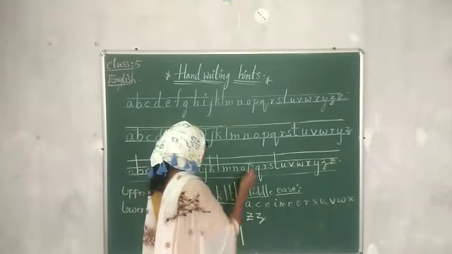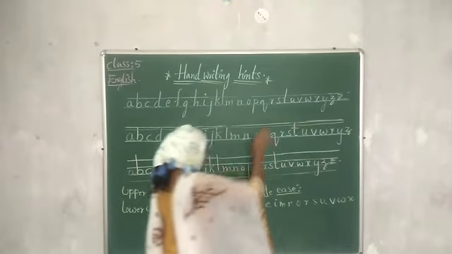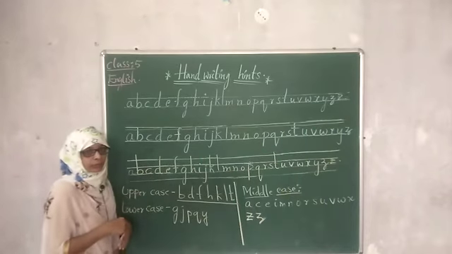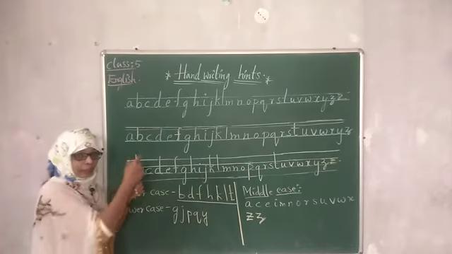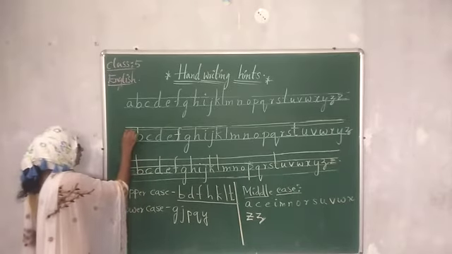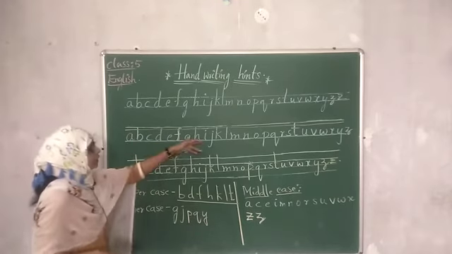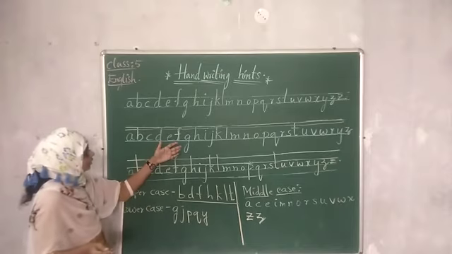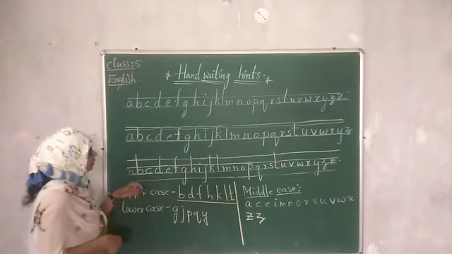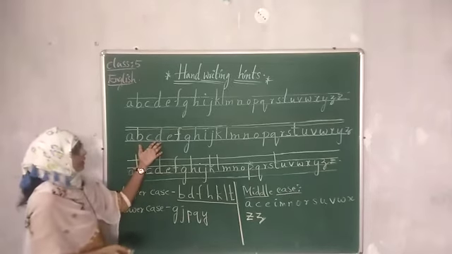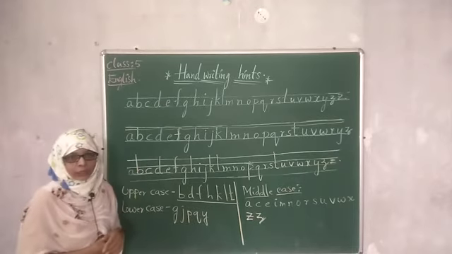As I have written on the board, maintaining the font size, I have touched the line here. But while you write in the book, it is not necessary that you should touch the upper line. You can write the uppercase letters just till here. What are the lowercase letters? You can write below the line. There is not much difference while writing the lowercase letters in double rule or single rule lines. Then middle case letters, as usual you write the same way as in double rule lines; the same way you can follow in single rule lines.